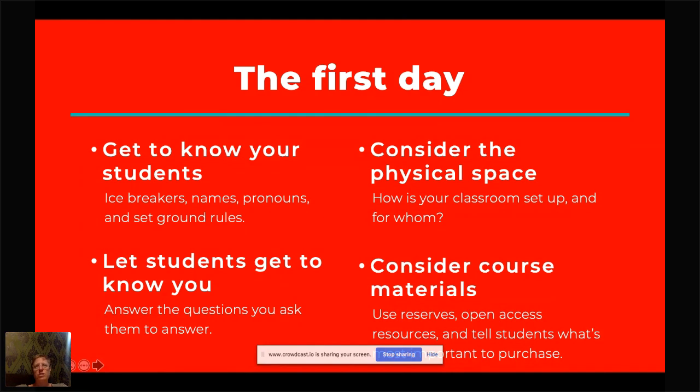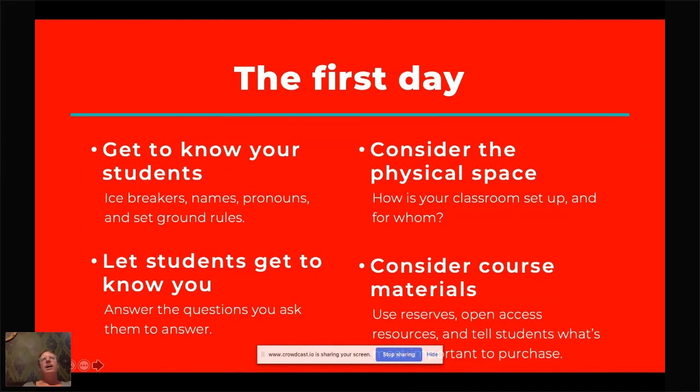So my recommendation for the pronoun circle is to explain to students why we're doing it. And increasingly, I've noticed teachers not doing that anymore. And I think that there's a danger in that. So I just tell students, share your pronouns if you wish. And the if you wish gives students a way to not share them if they don't want to or they're not ready to. And then I explain to them why we're doing it. You can't tell somebody's gender by looking at them, and we want to be respectful of who people are, so we're sharing pronouns.